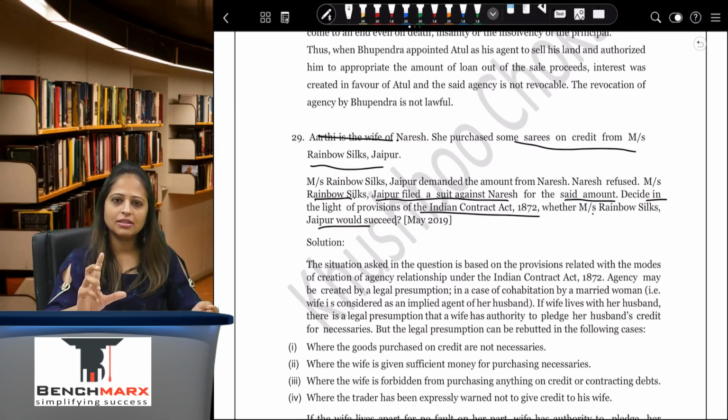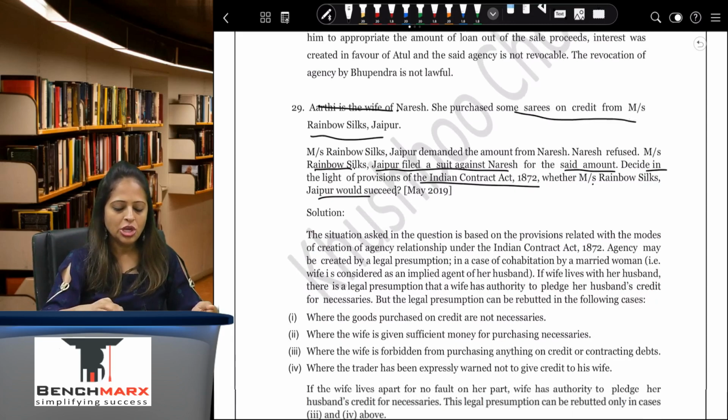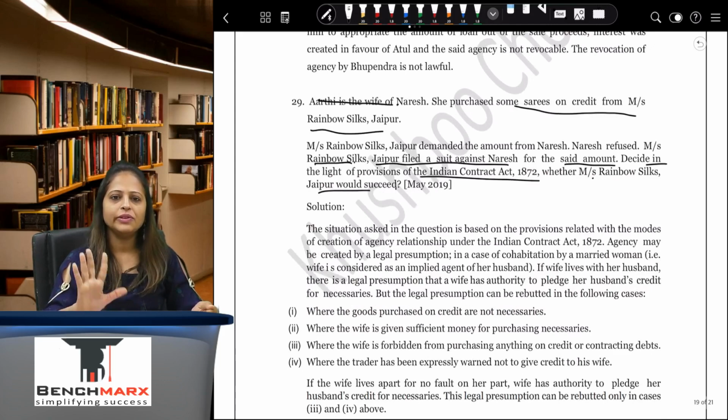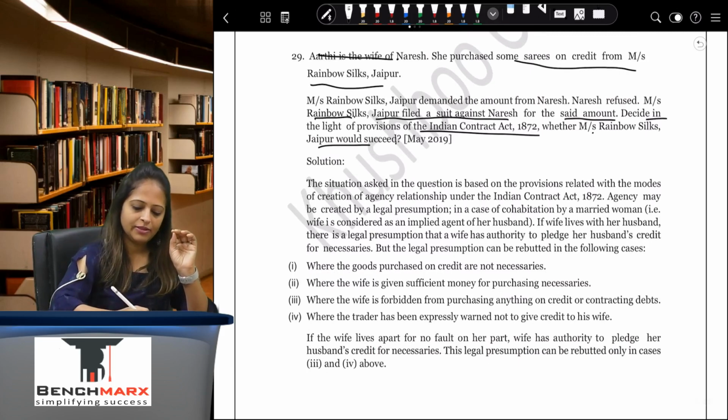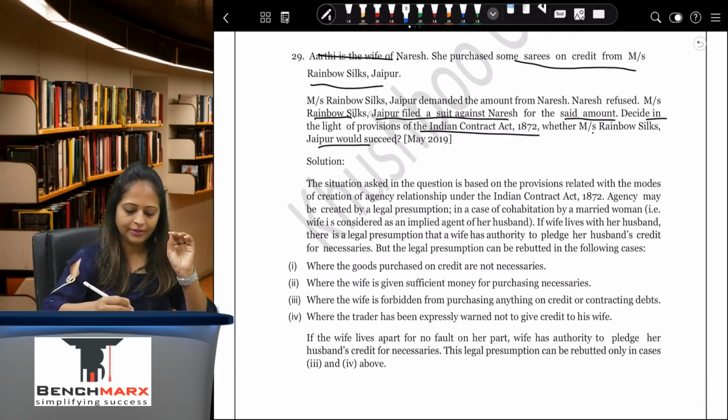Now, this question is a little unique because this is not a part of your module. But if you go to your questions after the particular chapter in your module, you will see this particular question. So, we will have to study this, because in case it is asked, then we should know what is there. But this particular concept is not explained anywhere in your module. So, what we have to remember is that first, if the husband and wife are living together, then